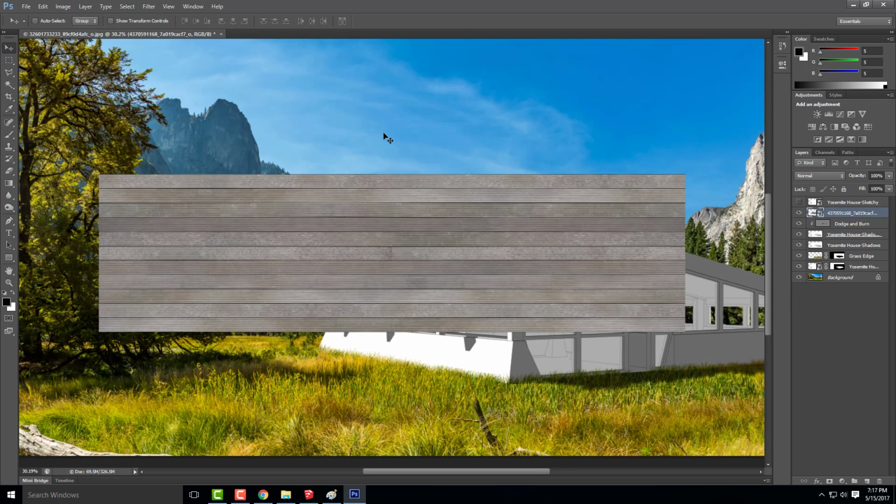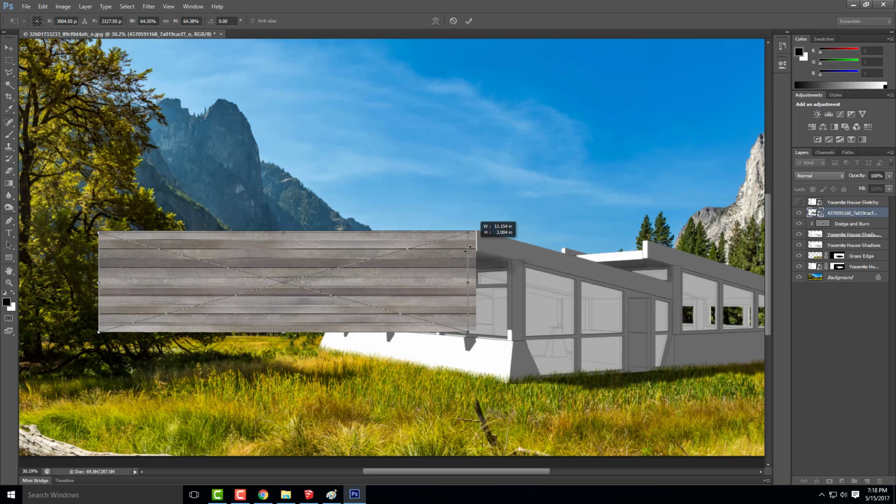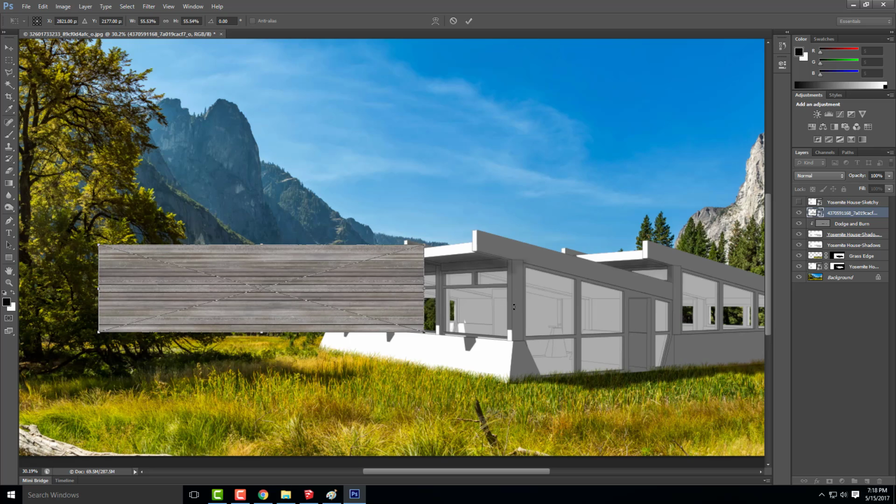All right, so I'm going to go ahead and go File, Place. I'm going to make this a little bit smaller. We're going to need to scale this to about the right size. I would scale your image to the closest portion of your building. For my particular instance, the closest part of the building is going to be this edge right here. So if you're thinking each one of these boards is about 6 inches, estimate that 6 inches at the closest